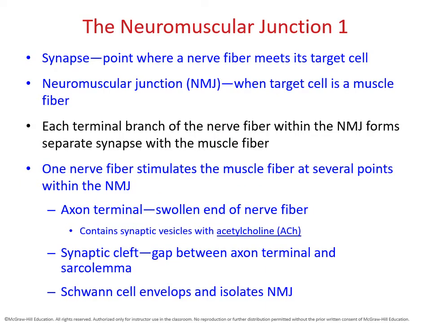Now, the neuromuscular junction is going to be the connection point between the end part of an axon, so that's your neuron, and the starting of your muscle cell. And in this case, that's going to mean the sarcolemma. Remember, the sarcolemma is a specialized plasma membrane that you find in your muscle cells. So what we're going to do is take a look at a specialized synapse. So let's look at our PowerPoint.